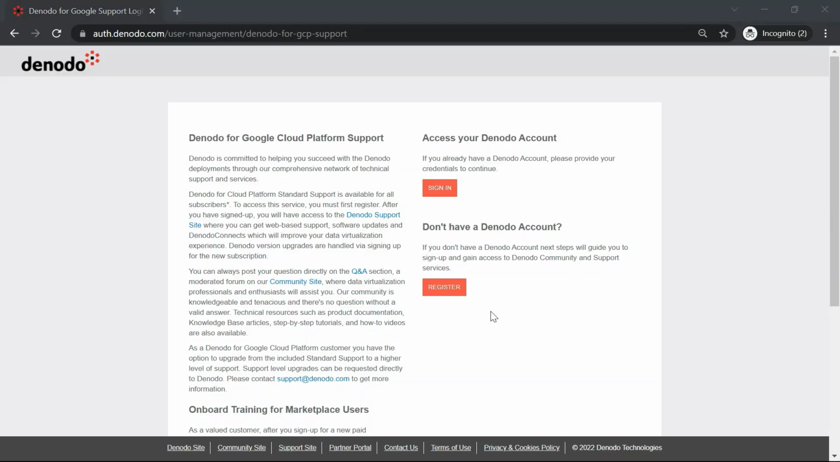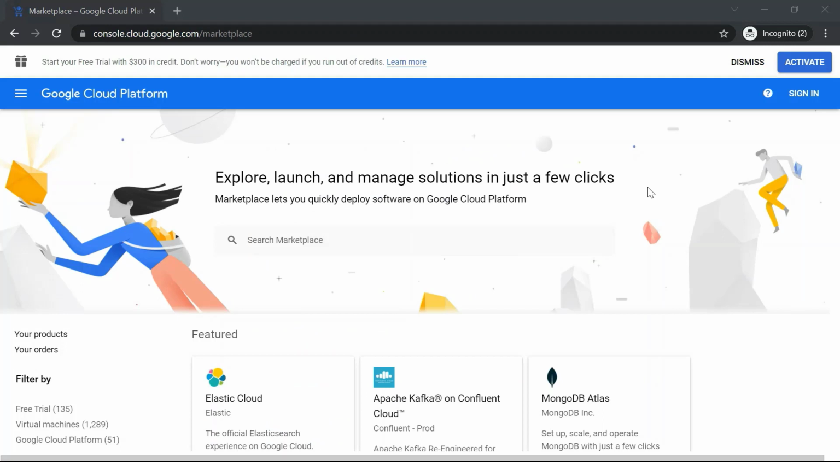Note that the Denodo standard support is available for all subscribers. To benefit from Denodo support, you would need to register at the support site of Denodo. In this demonstration, we will cover how to register for support using the Google Cloud Platform offering that Denodo provides. As a prerequisite, you must have a GCP account to create and launch your Denodo Professional for GCP Pay-As-You-Go instance